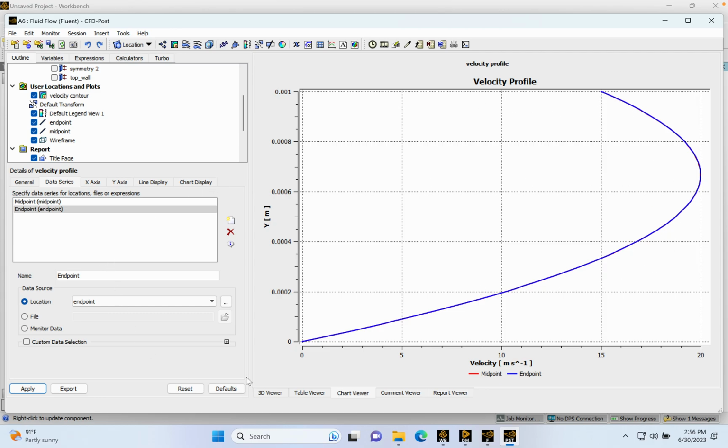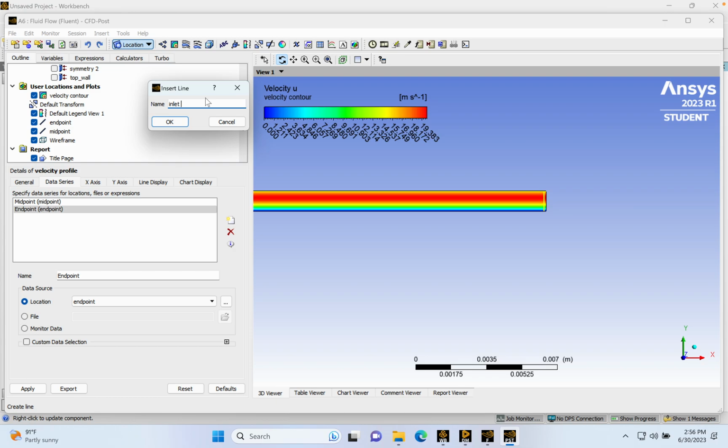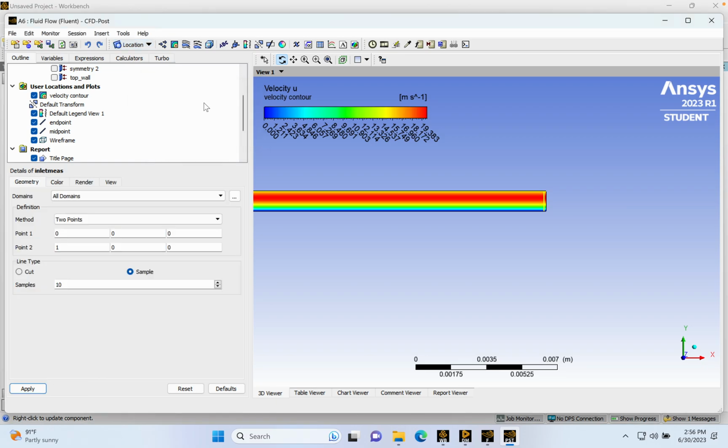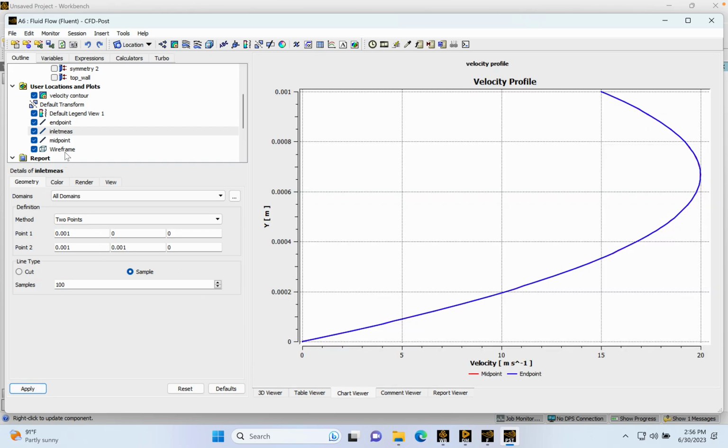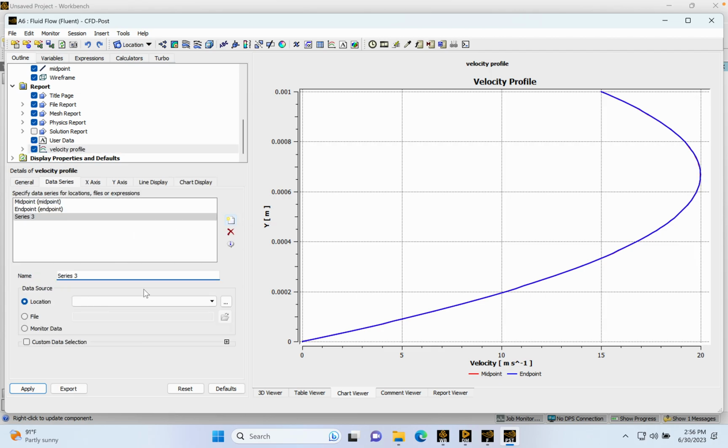And I think another interesting thing to do here, we'll go back into 3D Viewer. And we'll make one more line at the inlet. We'll call it inlet measurement. And we'll set this to 1 millimeter. And 1 millimeter here. 100 samples, apply, and we'll go back into our chart viewer, add this as one of our new data series,